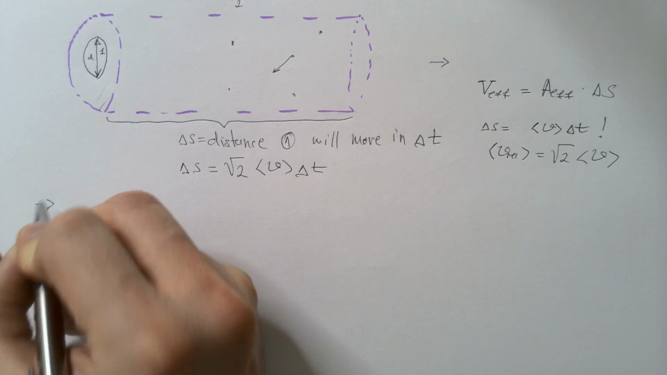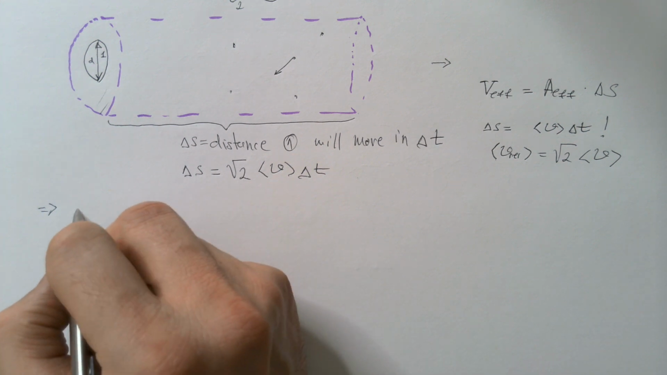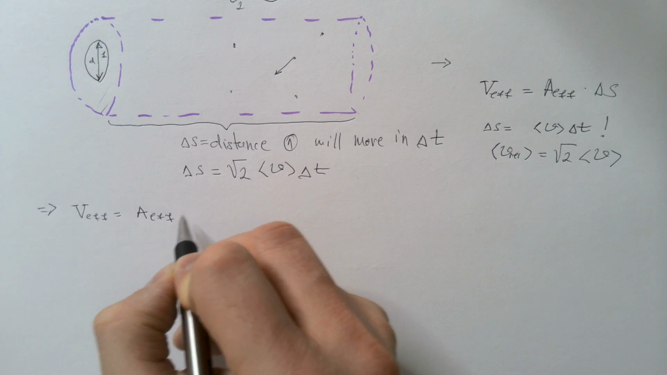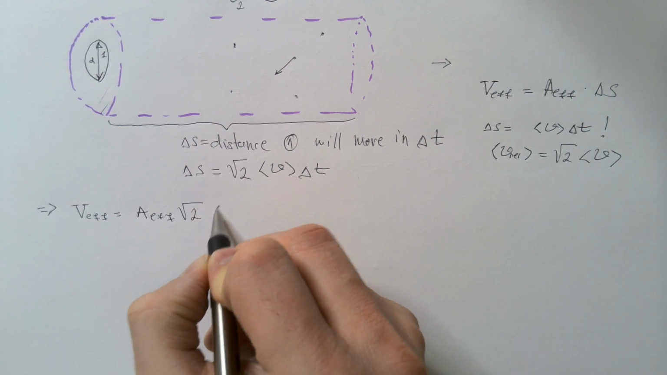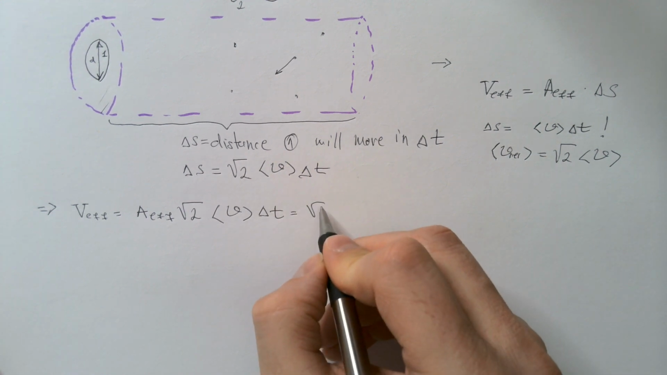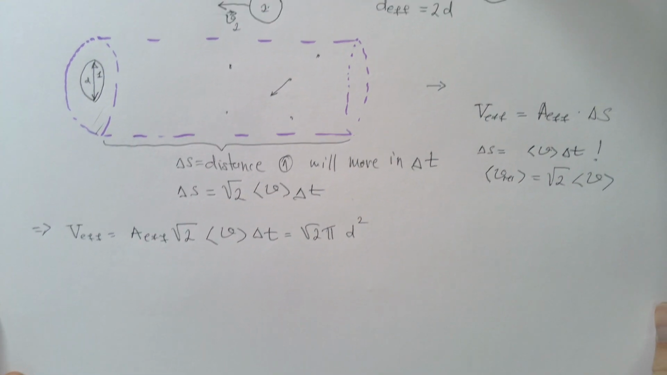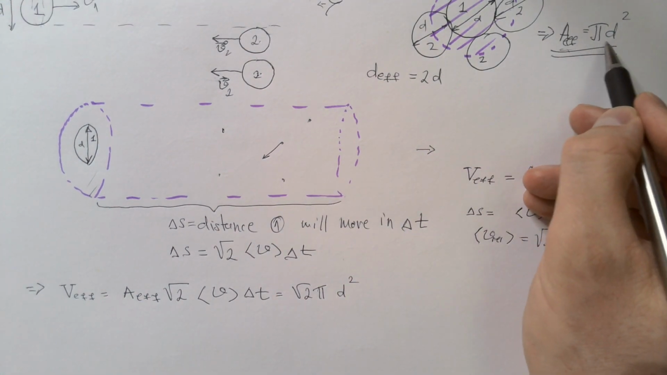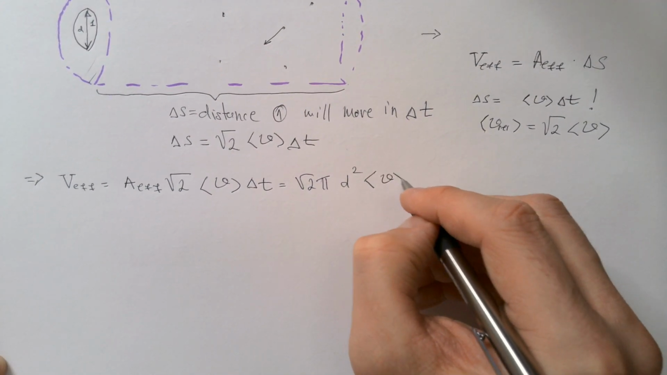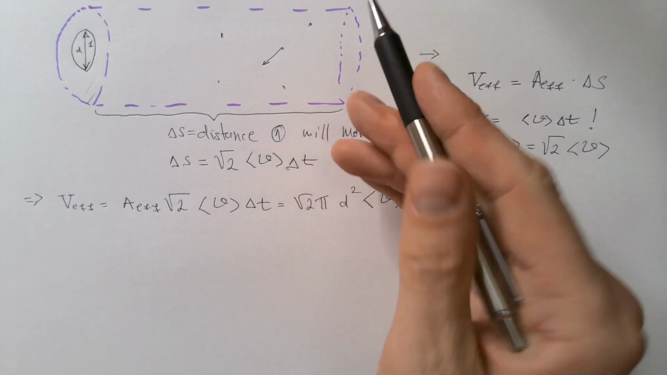Okay, now we are in the position to calculate this effective volume, and that will be A effective times square root of 2 times mean speed times delta t. So you will get square root of 2 times pi times d squared. So just for you that forgot, it comes from here, pi d squared is effective area, times mean speed times delta t. So what we found now is the effective volume,